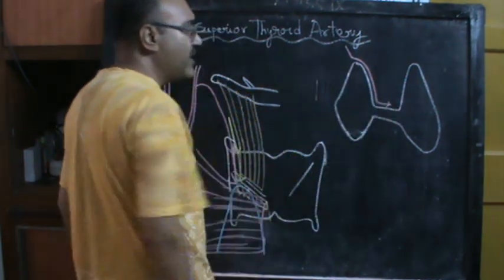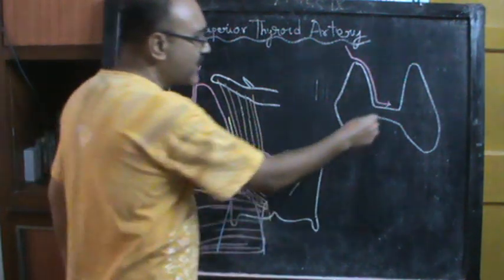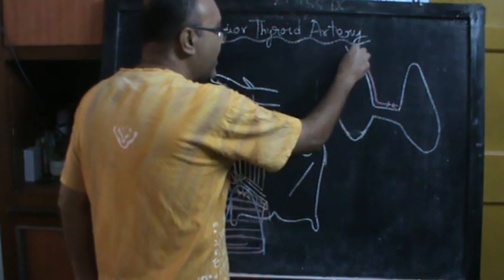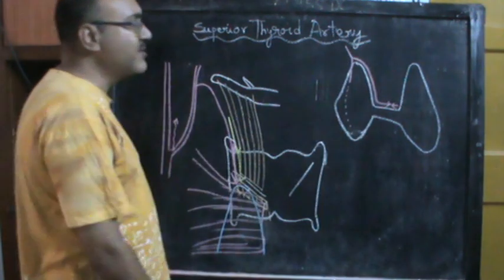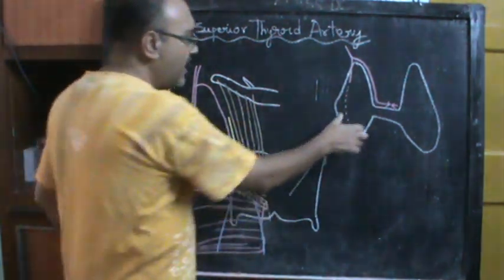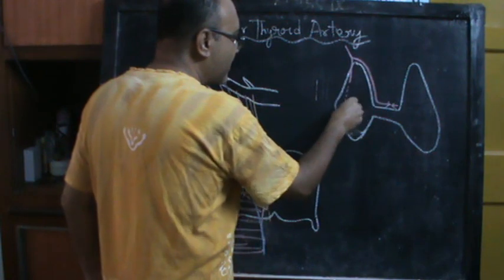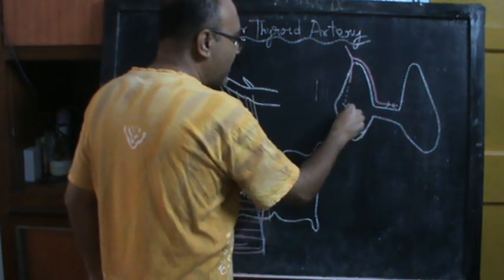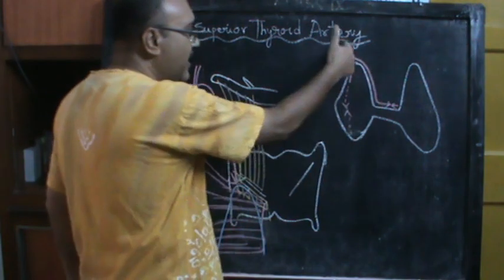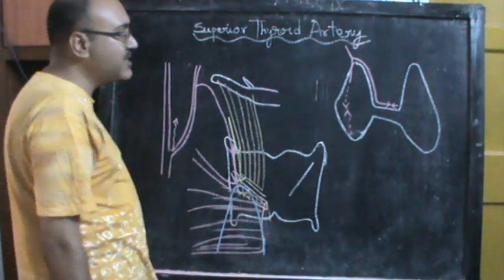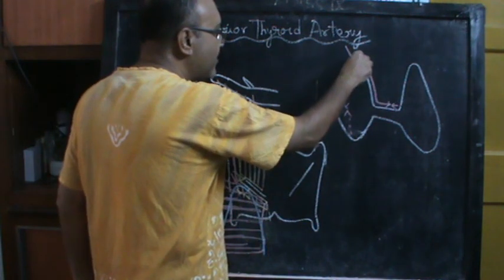It will descend on the anterior border and anastomose at the isthmus with its fellow, and it is going to give a posterior branch which is going to descend along the posterior border and anastomose with the inferior thyroid artery behind. So you have an anterior branch and a posterior glandular branch, and sometimes you may also have a lateral branch.